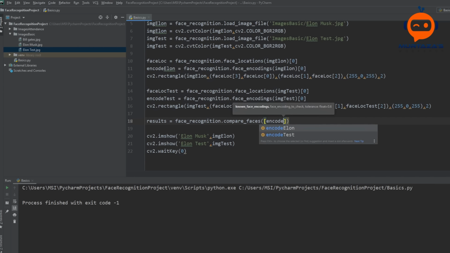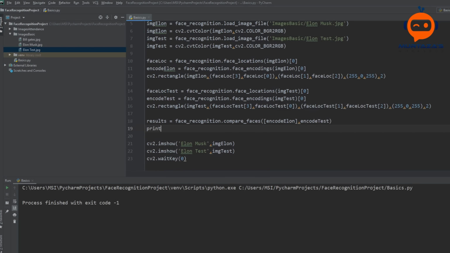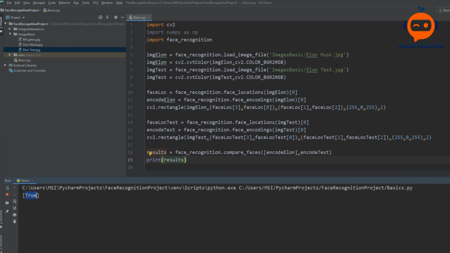So encode Elon, and then we are comparing it with encode test. So if we print this out, we will find our results. So let's run that. And there you go. As you can see, it gives us a value of true, which means it has found these both encodings to be similar, so they are of the same person.